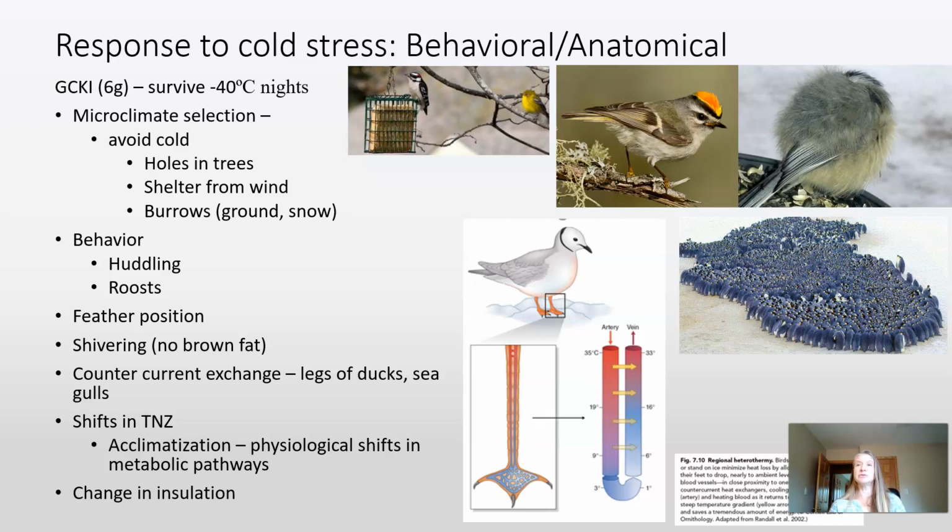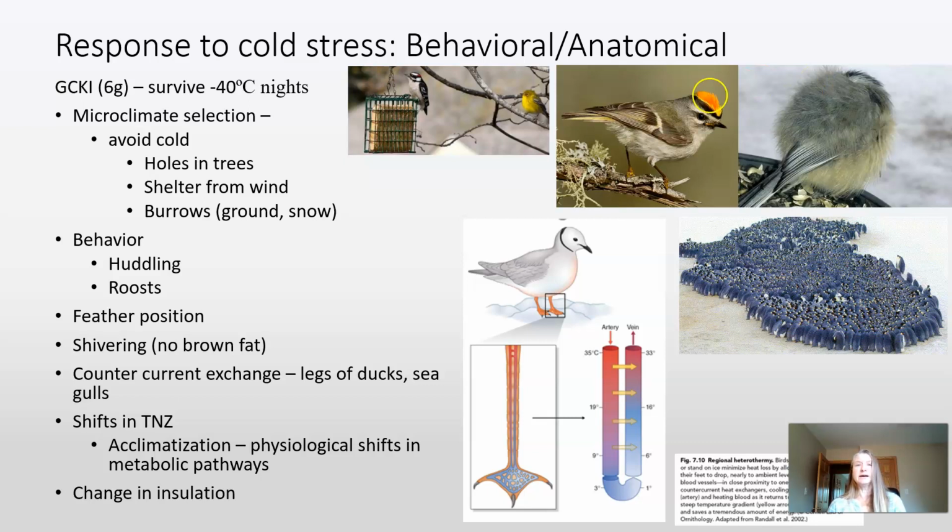Again, I already mentioned feather position. This chickadee has its feathers all fluffed up, and it's tucking its beak and head, the exposed parts that could lose heat, in underneath a wing. Birds can also shiver. With their pectoral muscles and leg muscles, by shivering, they can create heat. One thing that people have is brown fat. A lot of times we lose that as we age, so as we age, we tend to be less tolerant to cold. But birds do not have any brown fat, so they don't have that option for heat generation like humans and other mammals do.